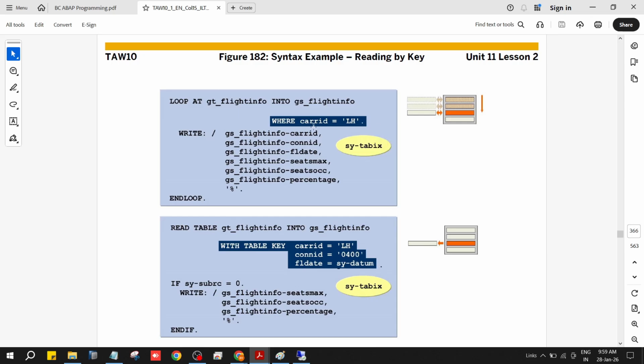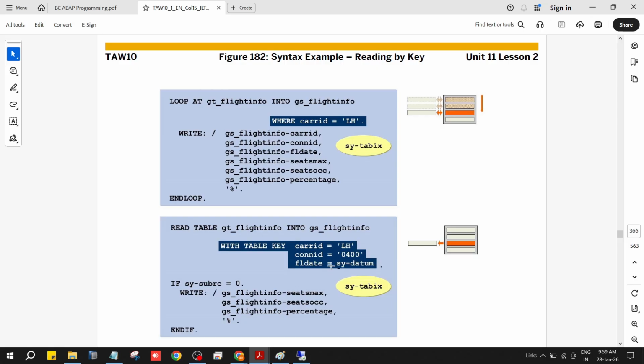Yesterday I had already used it. When comparing, you can use equals to, not equals to, between, not between, less than, greater than, less than or equals to, greater than or equals to, string comparison operators, all those things are allowed here. But when it comes to read,